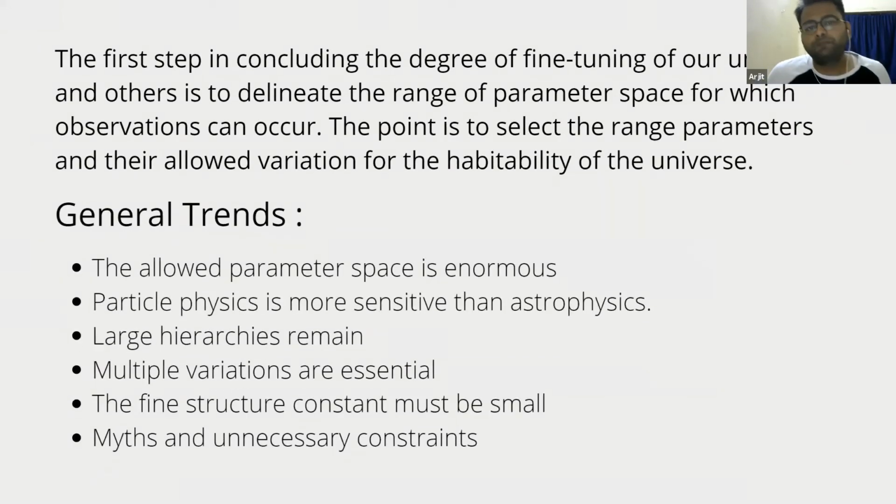Yeah, the first step we have always followed is that we pick up a constraint and see whether its parameter space is viable enough, what the range of it is, whether the observers can occur, and if we change things very much or not. But as we went through all of it, we came across some general trends, and I'm going to discuss that now.